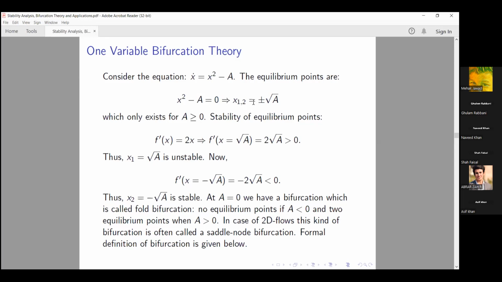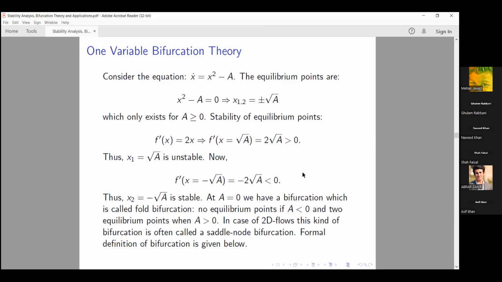If you substitute one of the equilibrium points, the positive square root of a, then it's just 2 square root of a, assuming a is greater than 0, it is greater than 0, therefore it's unstable. And if you put in the negative square root, then with a greater than 0, f prime of that value is less than 0,